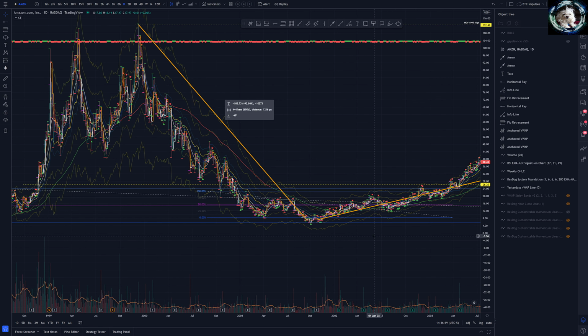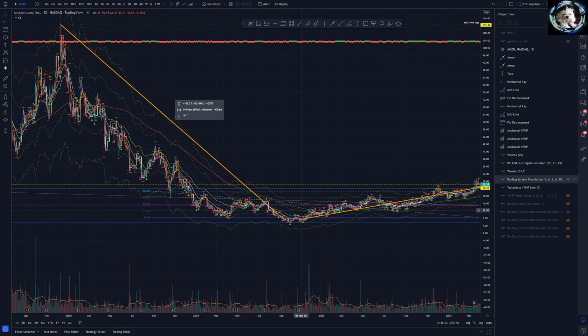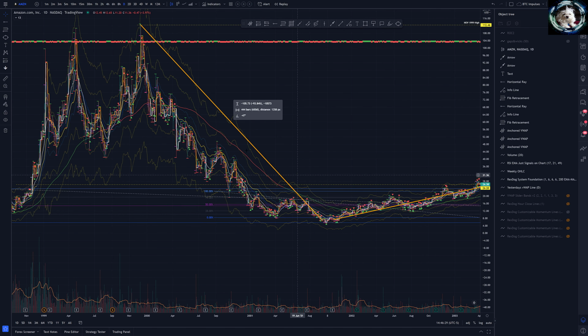Now, as far as Amazon goes, this is the first crisis for Amazon right here, right when it got down to $6, $8, right around that range. From a high of right around $110 or $111, all the way down to $8, what could you possibly say about this at that point in time? It's on its death throes. Looking at this from a straight chartist, just straight price action view, that company is about to fail. Is it going to make it through this?